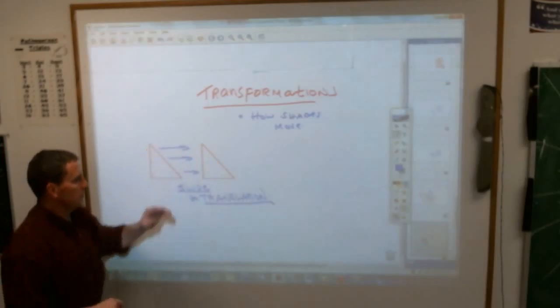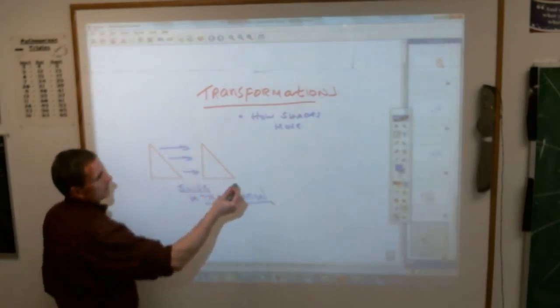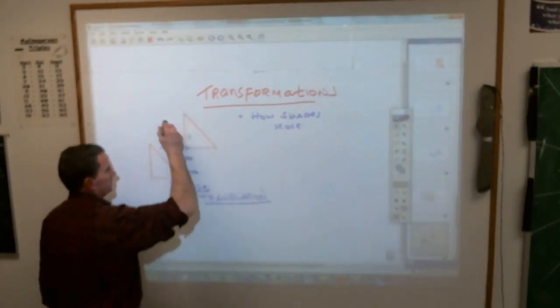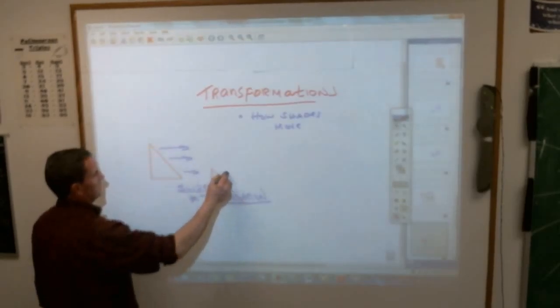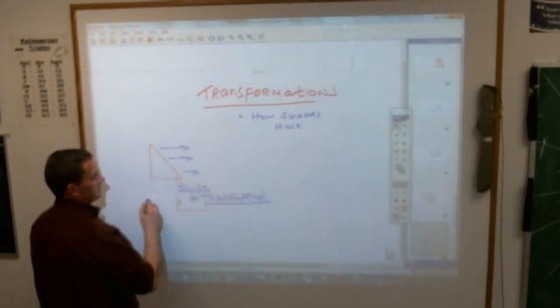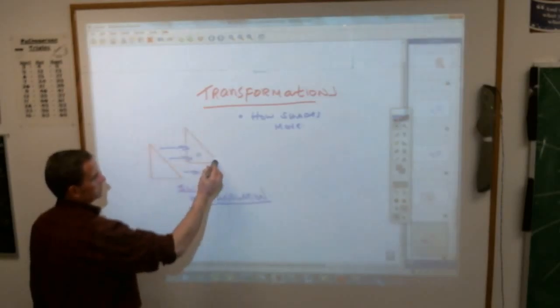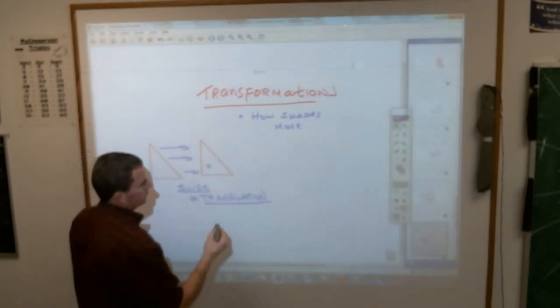Okay? It could go down, it could have slid up to here, anything like this. As long as the shape is not spinning or flipping, it's going to be a translation. Okay? Now, however, if you do have that shape,